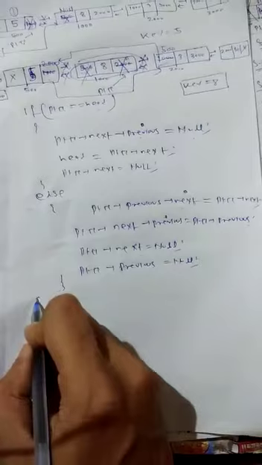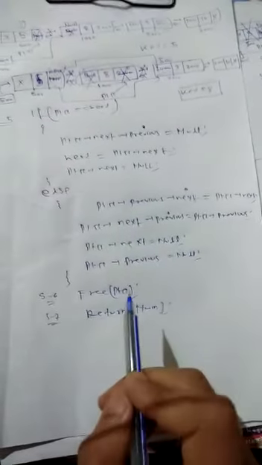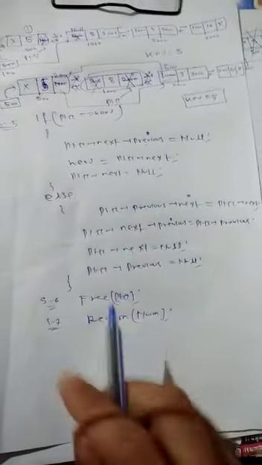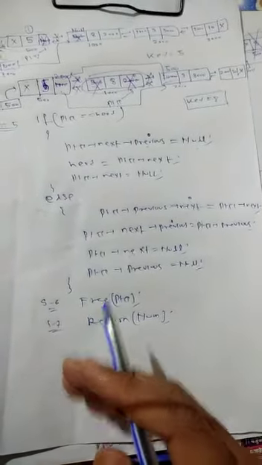Okay, then what happened? We have to free the ptr. Next step, that is your step 6. This is your step 5. If ptr equal to head first node, otherwise this, then in step 6 we have to free the ptr and return the value. What is the value we stored initially, we have to return. Okay, num equal to ptr info, that will be returned. So that is your delete at any position. So please go through the other algorithms like delete last or delete at a particular location, and these steps are similar. Okay.